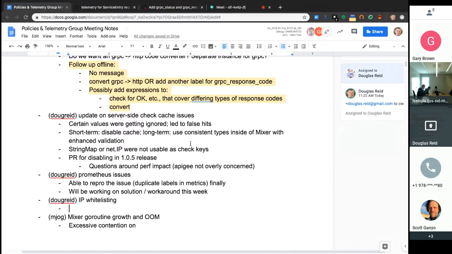The other thing I wanted to bring up was there was a blog on IP whitelisting, and a couple of issues were raised in terms of support for net.IP and IP address as a value type, which I think some of the work that you've been doing, Quat, might actually touch on, because we'll have consistent use of NetIP. Yeah, so we actually had support for NetIP. It's just we were using byte array and uint array interchangeably, which they're not, and we need to pick one and just go with it. So there's some work there, and then the other thing was, there were two issues. It was that, and